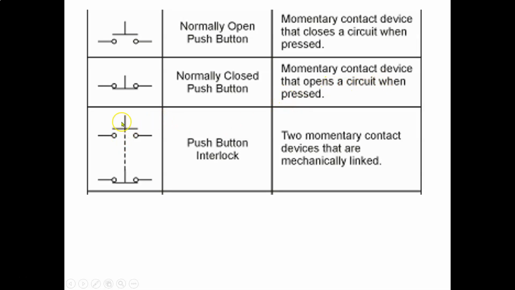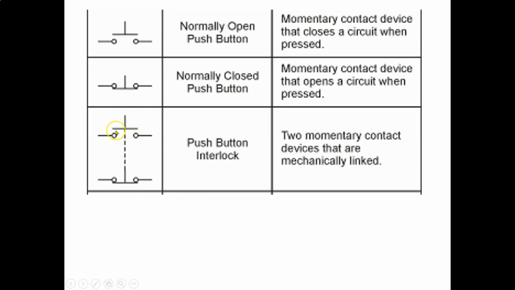Then we have push button interlock here. Right? We didn't really talk about push button interlock in first year. What push button interlock is, it's two momentary contact devices that are mechanically linked. So this dotted line here means that these are mechanically linked together. So if I push down on top here and push this normally open side closed, that means it's mechanically going to push down on this normally closed side and push it open. So, mechanical interlock is